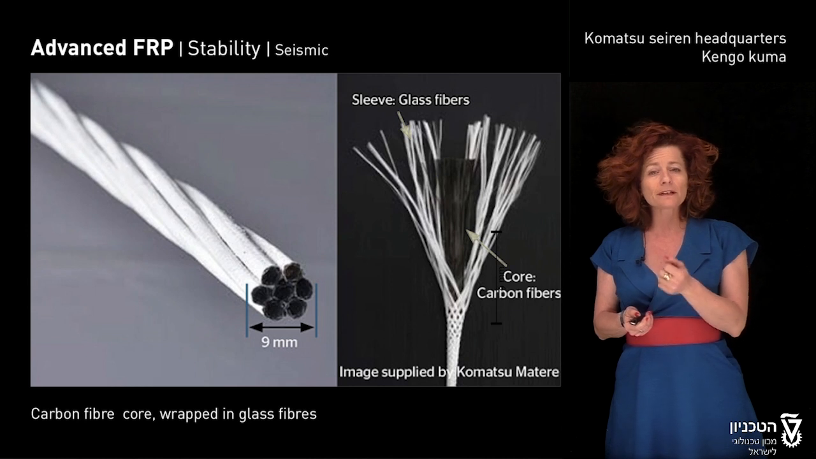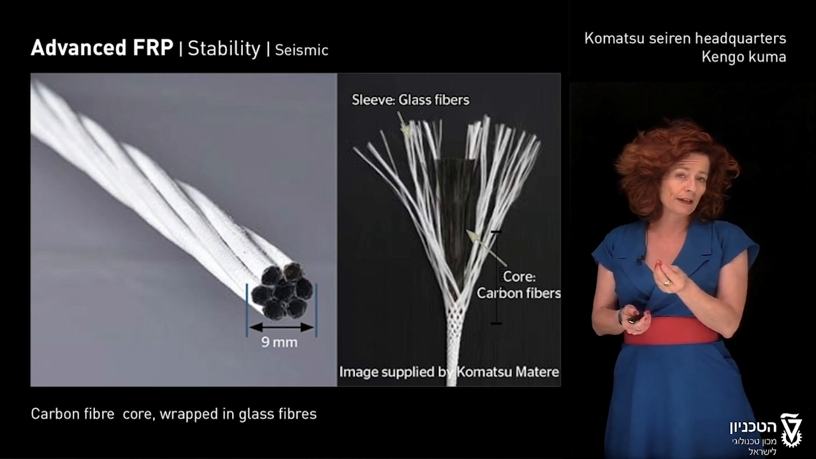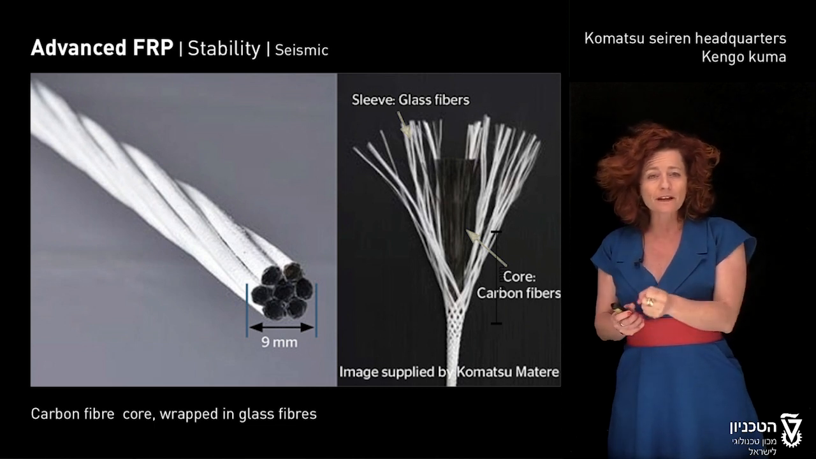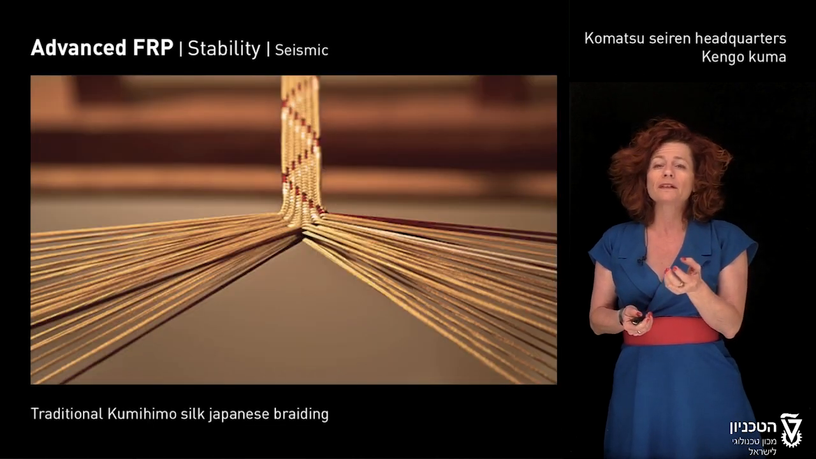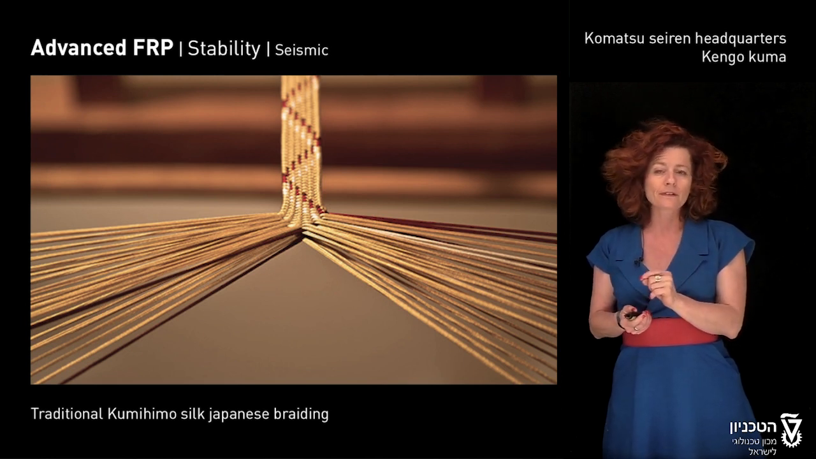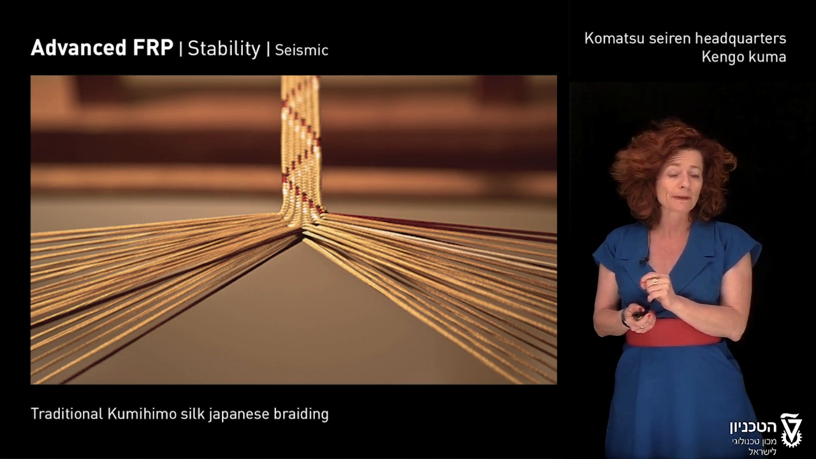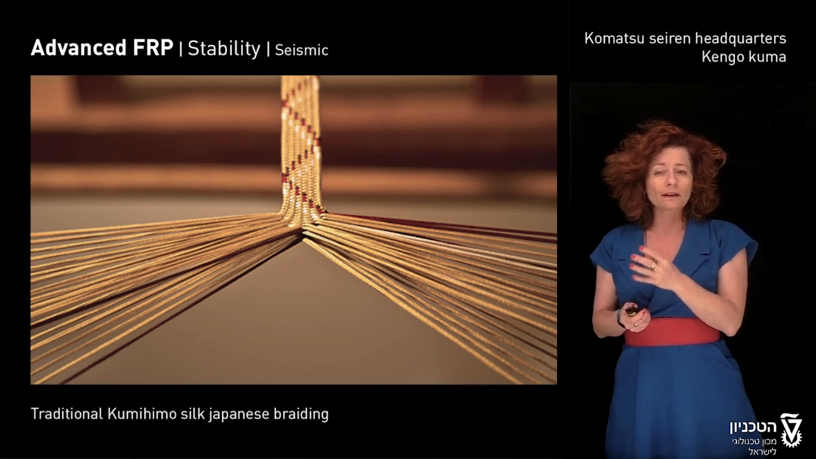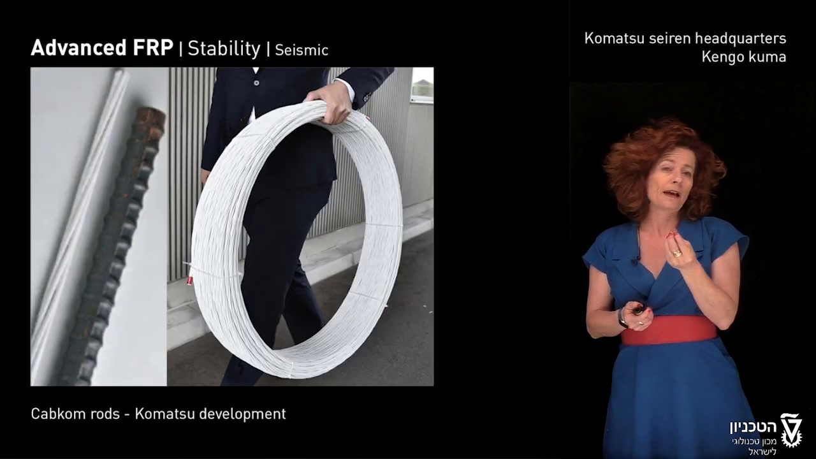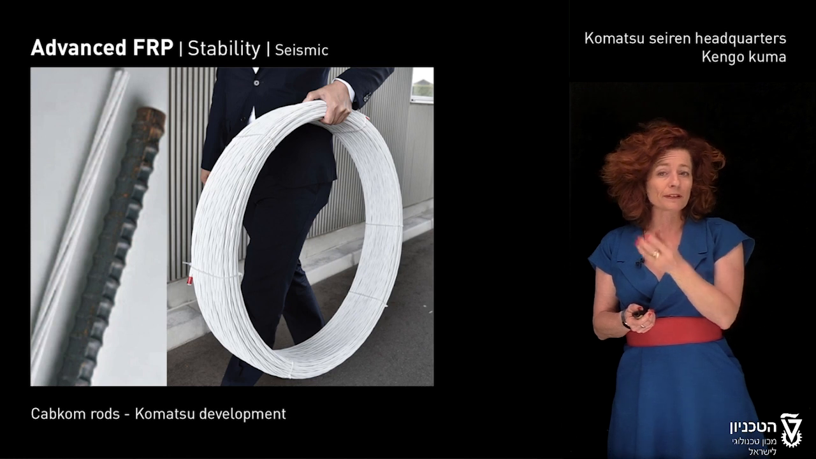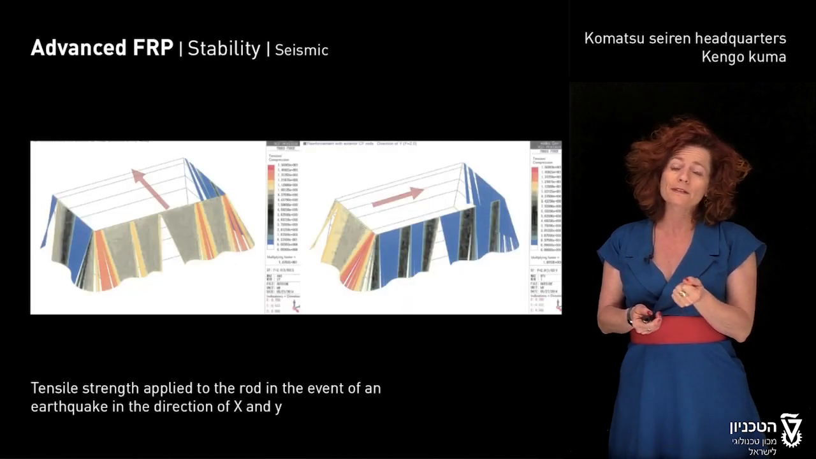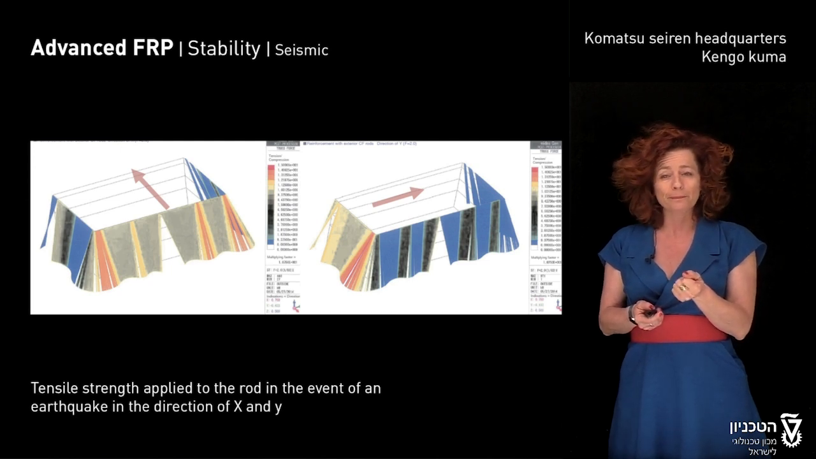So this secondary skin is actually comprised of these cables, a core of carbon fiber, a sleeve of glass fiber, and this together forms kind of a rope, if you want. These ropes are woven or braided actually in a traditional Japanese braiding technique to make this complex three-dimensional structure, which is actually a rod, a flexible rod. It's equivalent to a steel rod, but it's flexible, it's lighter, and its performance is significant in case of an